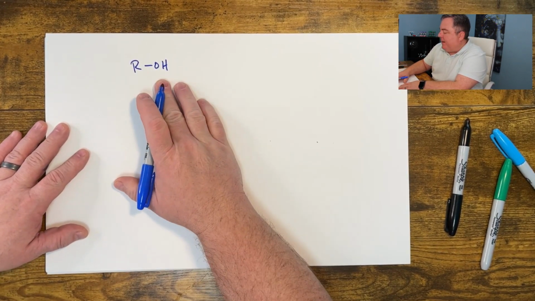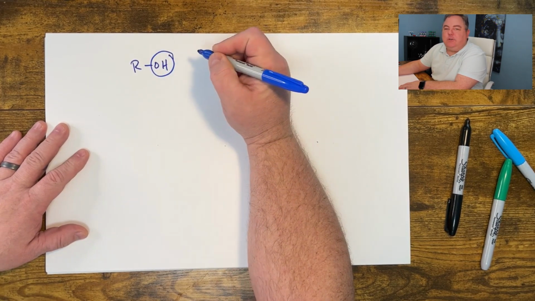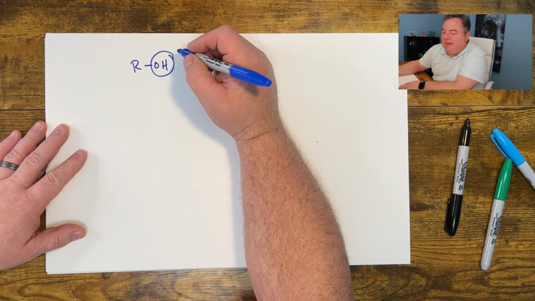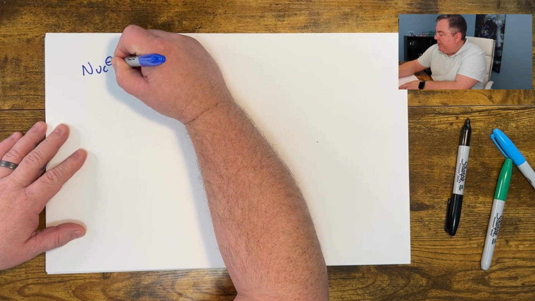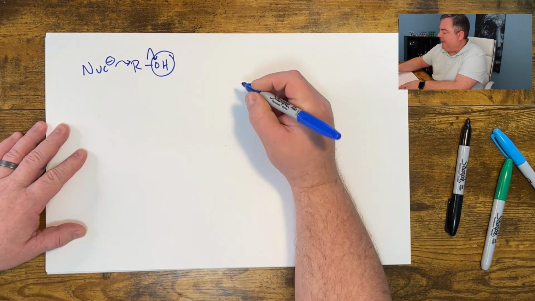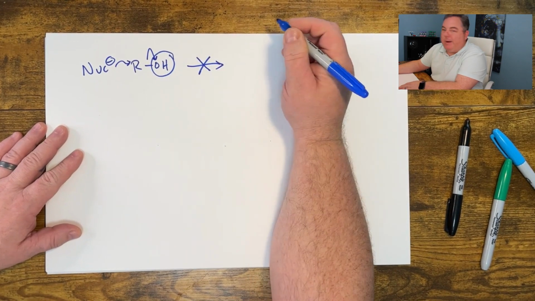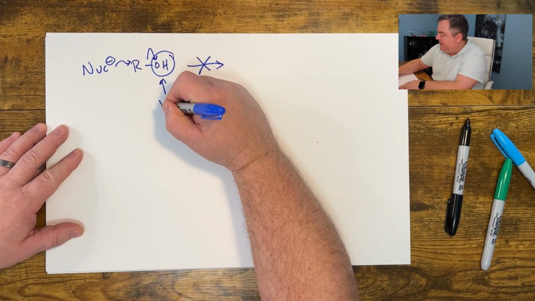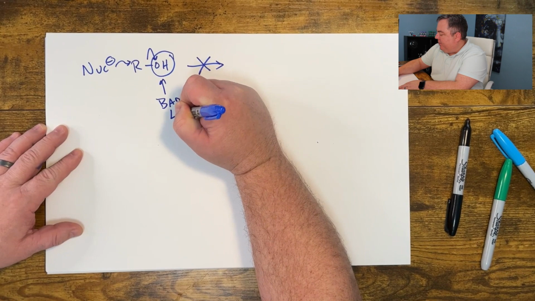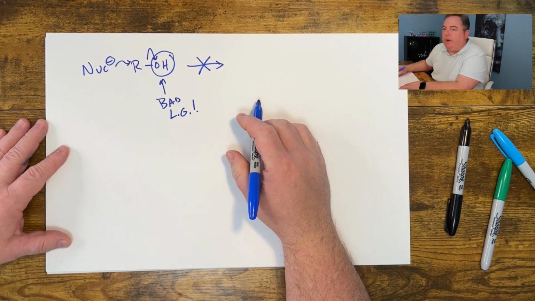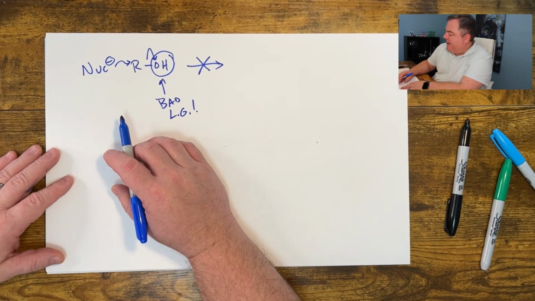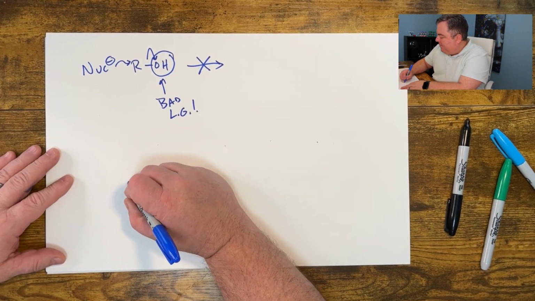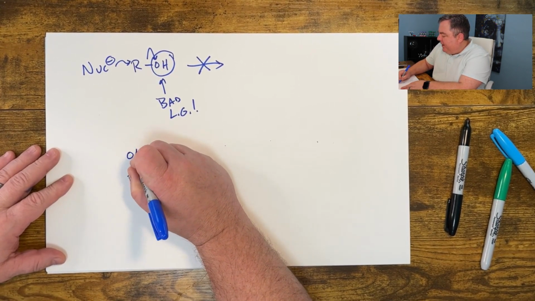So alcohols have this hydroxyl group, which is a pretty bad leaving group. If I wanted to do some kind of SN2 backside attack, that reaction does not work because this is a bad leaving group. We need to turn it into a better leaving group. There's a couple of ways of doing that. One way, we can take an alcohol,